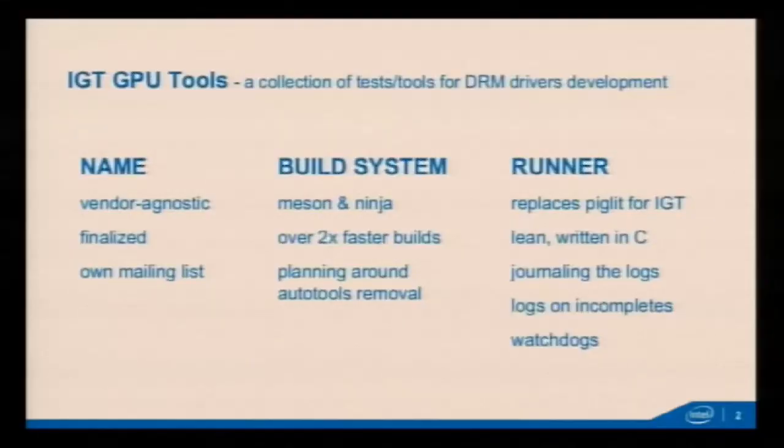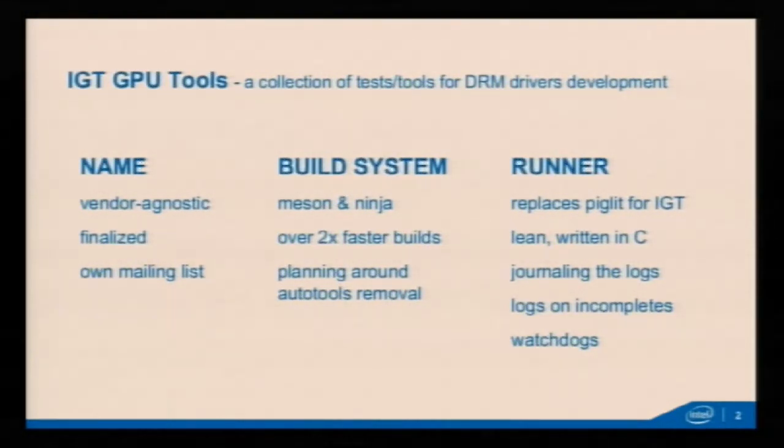I'm maintainer of IGT, and I'm here to deliver a small update on what has changed since FOSDEM. For those who don't know, IGT stands for IGT GPU Tools. It's a collection of tests and tools for developing DRM drivers. This is what we are using in Intel public CI for the kernel, so this is how i915 is being tested. We have a lot of KMS tests that all the other drivers can mostly use without any changes. And if you haven't tried that, I encourage you to give it a shot if you are doing anything